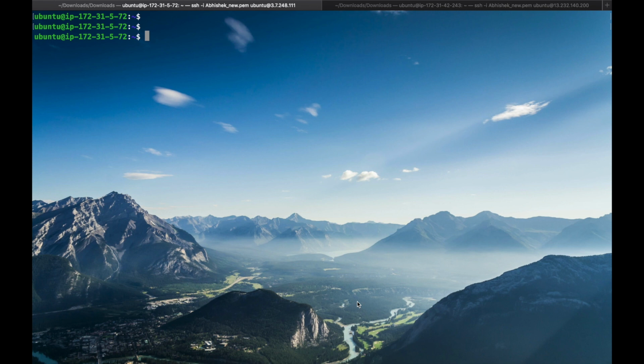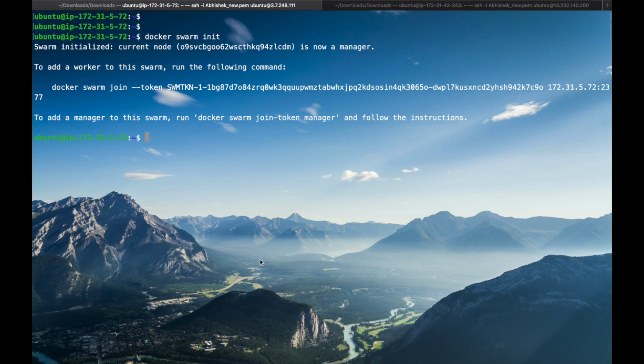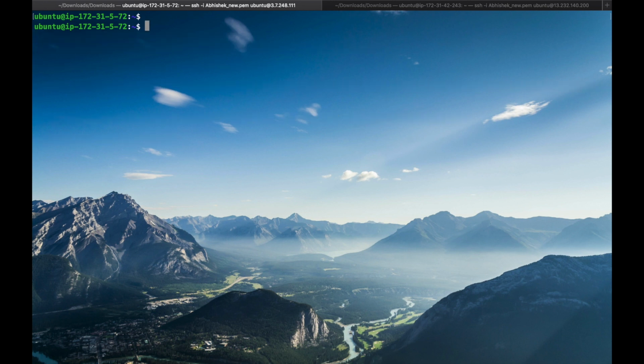First of all we have to create a Docker Swarm. The command is docker swarm init. We can see the swarm is initialized, this node is working as a manager, and here we have the token to create a worker. Let's clear this and check how many nodes we have.